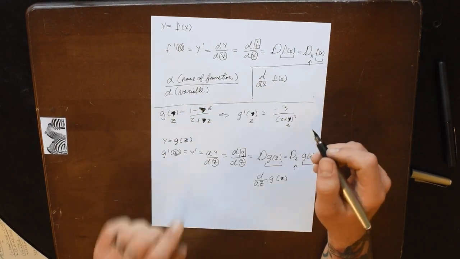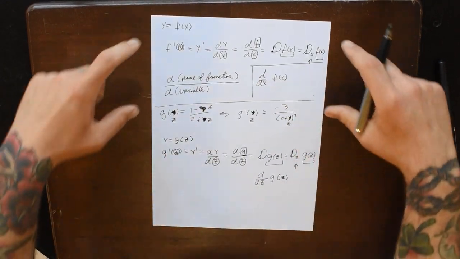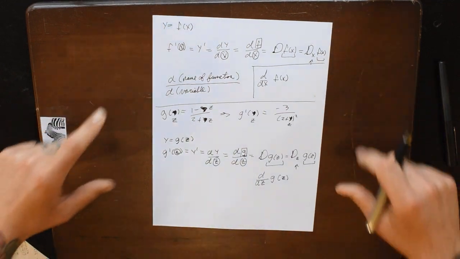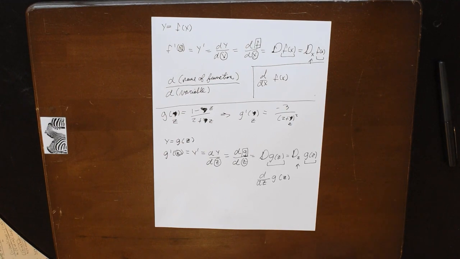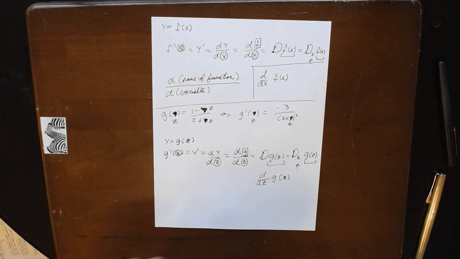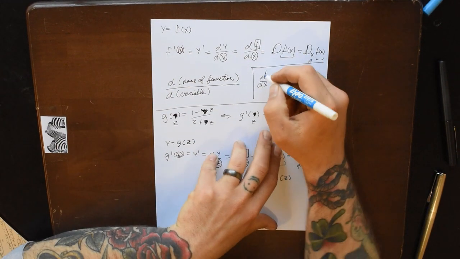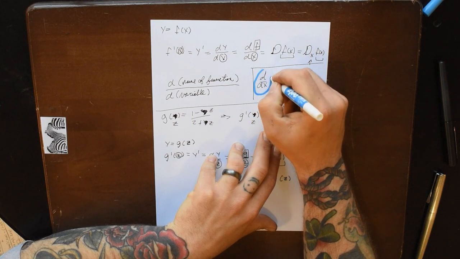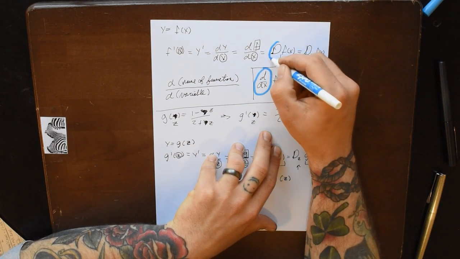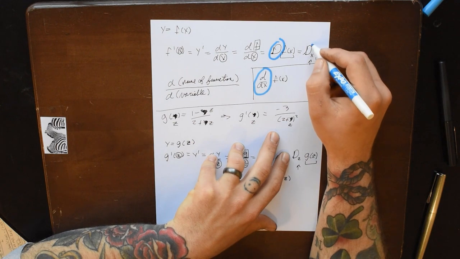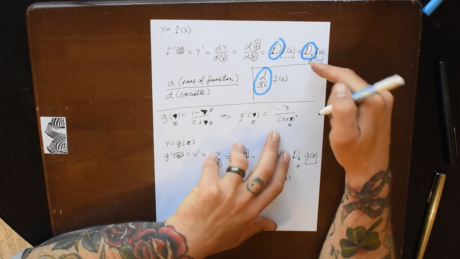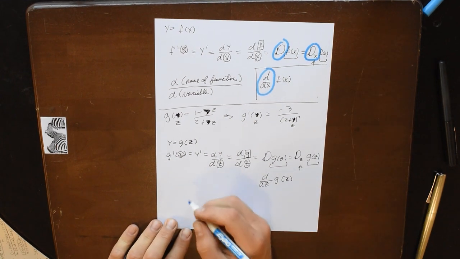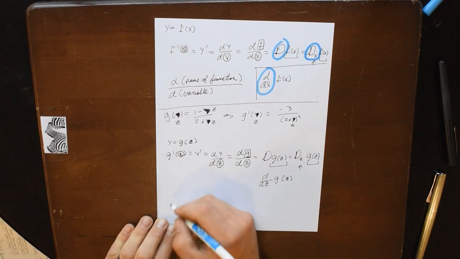So this d dx, and I'm going to talk exclusively up here, this d dx, this capital D, and to a lesser extent that capital D because it has a subscript, d dx and capital D